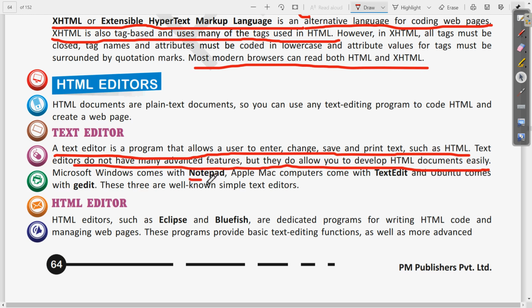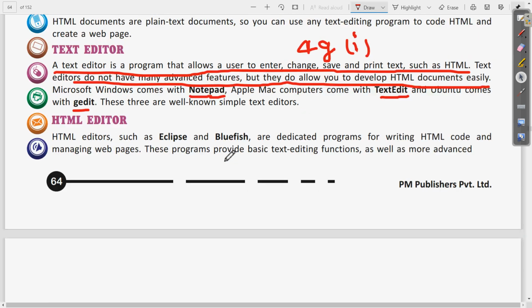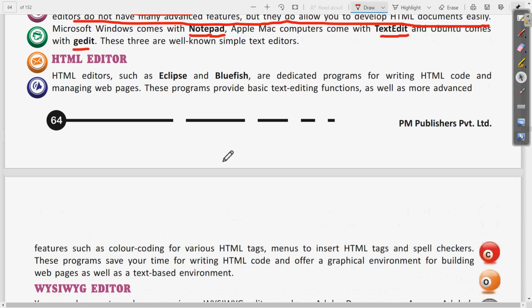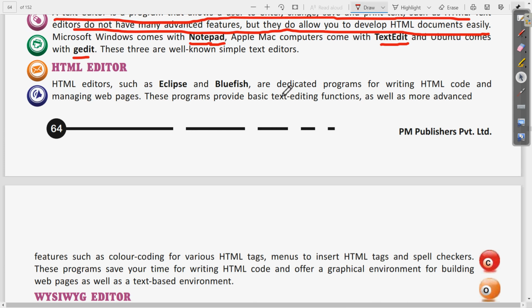Write the examples of these text editors. The examples are Notepad, gedit, TextEdit. These are the names of the examples. Only write the example names, no need to write the full sentence. Clear? So this is the fourth G, first part, that is, what is a text editor. Now the next question is HTML editor. Here you can write that HTML editors are dedicated programs for writing HTML code and managing web pages.